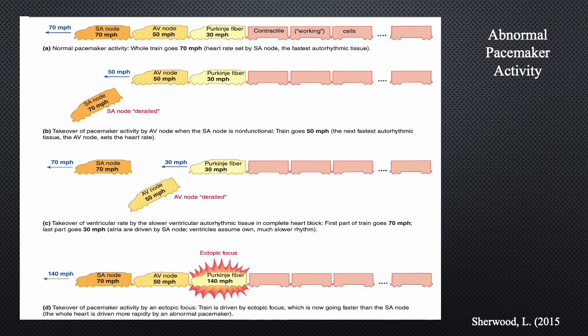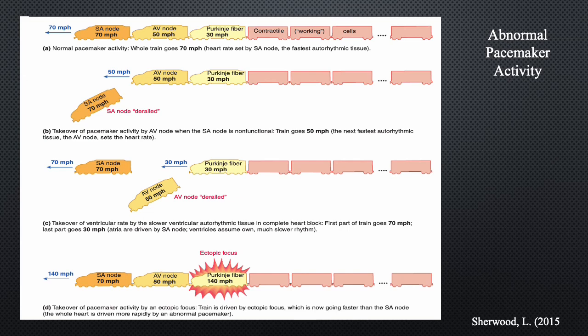Therefore, the sinoatrial node, which normally has the fastest rate of autorhythmicity at 70 to 80 action potentials per minute, drives the rest of the heart at this rate, and thus is known as the normal pacemaker of the heart. That is, the entire heart becomes excited, triggering the contractile cells to contract and the heart to beat at the pace set by the sinoatrial node's autorhythmicity. If for some reason the sinoatrial node becomes non-functional, such as from a heart attack, the atrioventricular node assumes